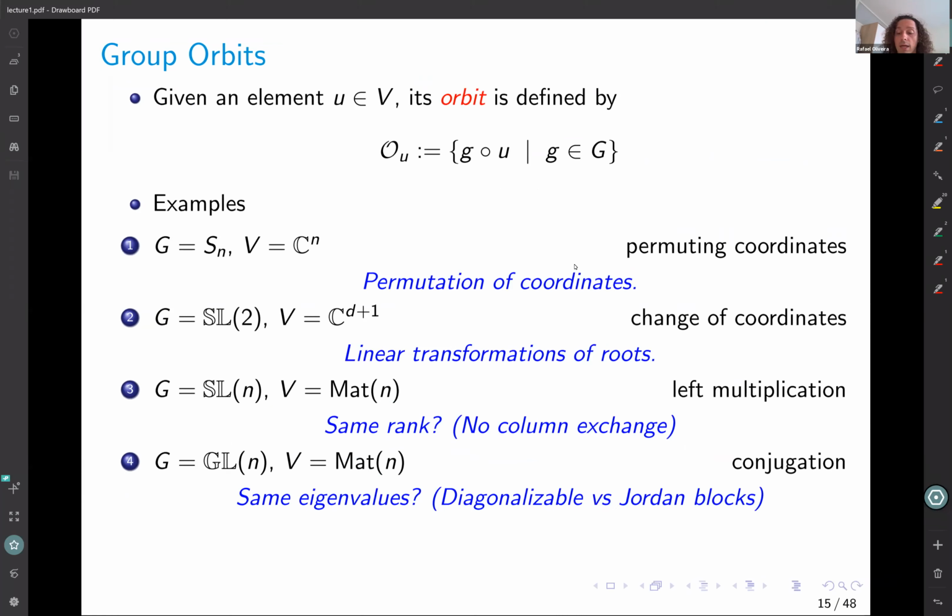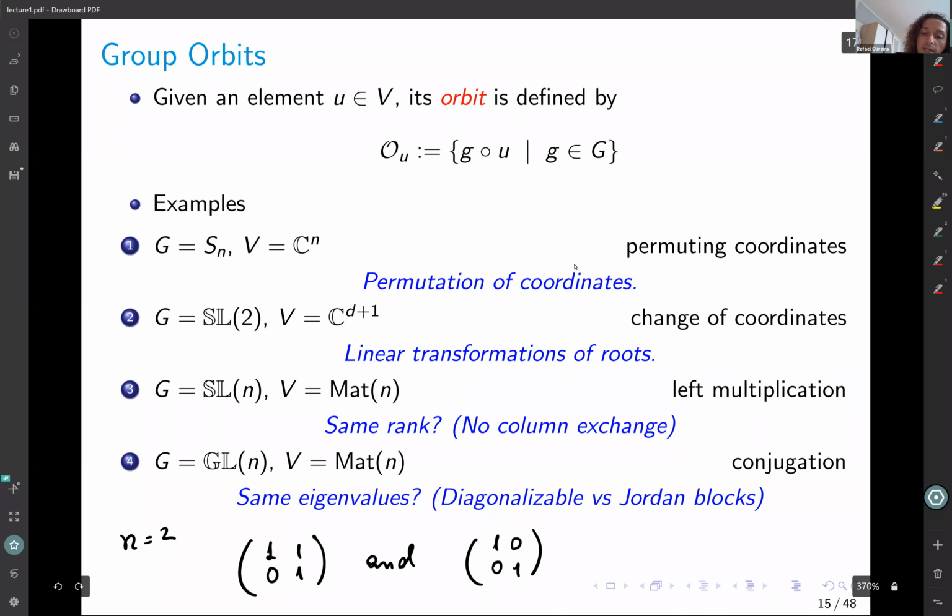Okay, and here in the conjugation action as well, one would be tempted to say, well, is the orbit the set of all matrices with the same eigenvalues? And the answer is no, because this is the difference between diagonalizable matrices and matrices with Jordan blocks, right? So for example, even if n is equal to 2, we already have the example that this matrix 1, 1, 0, 1 and the identity, right? They are not